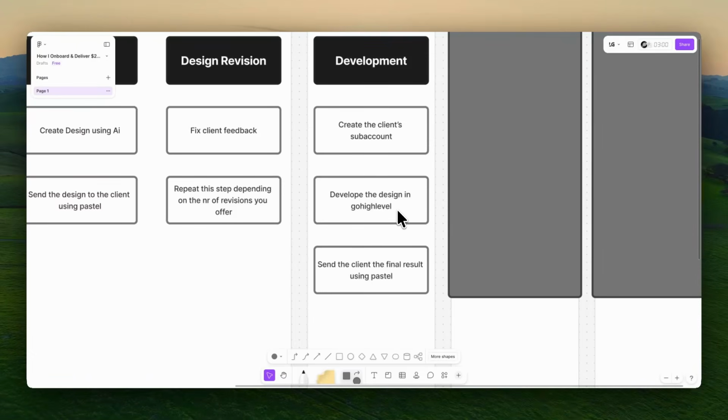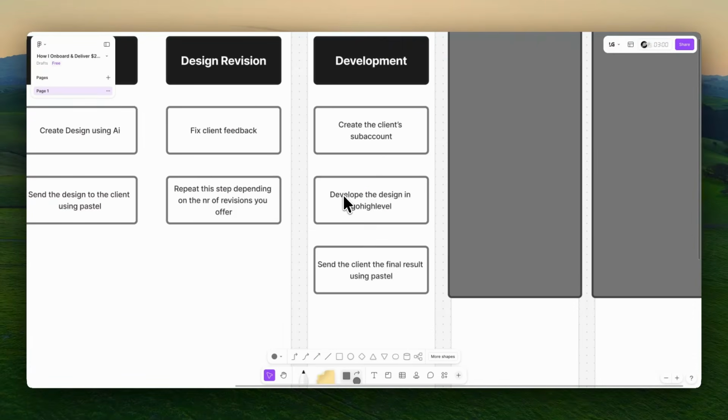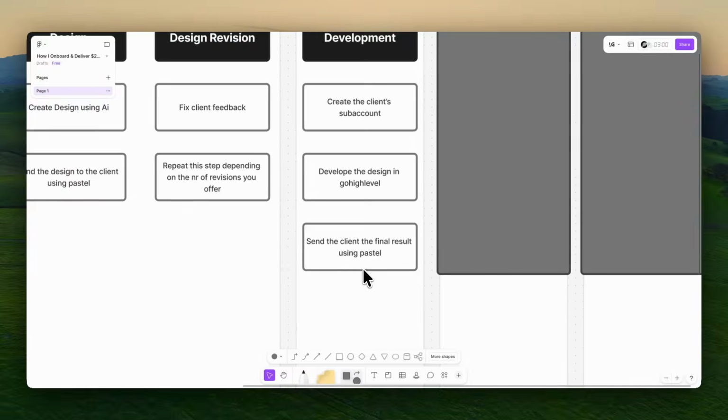There are 2 ways to do that. You can just embed the design you did with Gemini 3 inside of GoHighLevel. I have a different video where I show you how I'm doing that, but I don't really recommend that if the client wants to make changes themselves. If you are not really tech savvy, you don't know how to build GoHighLevel websites, you definitely can get a developer to do that for you. So after you